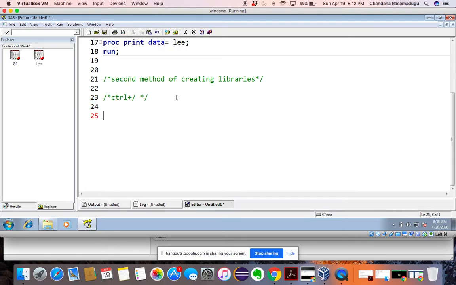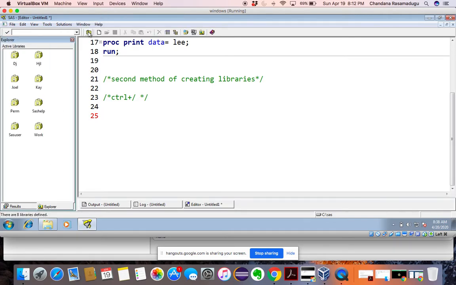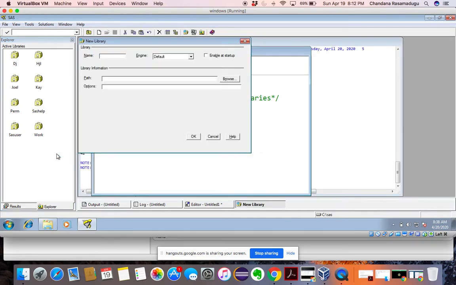Now we will see the second method of how to create libraries. Go to the libraries folder and right click. Now you can see New. Click on it, and you can see New library. You can create it like this also.